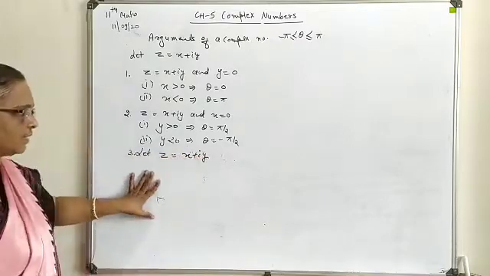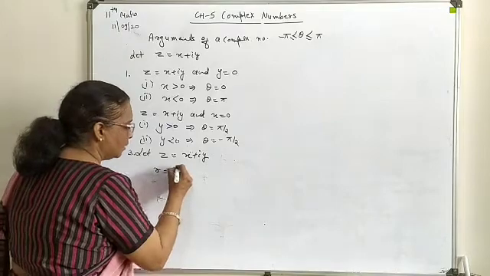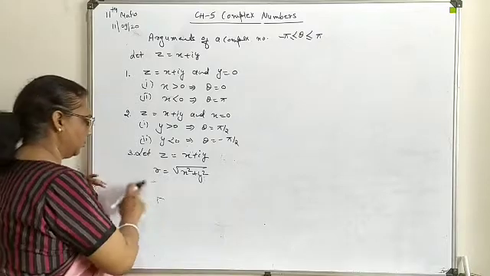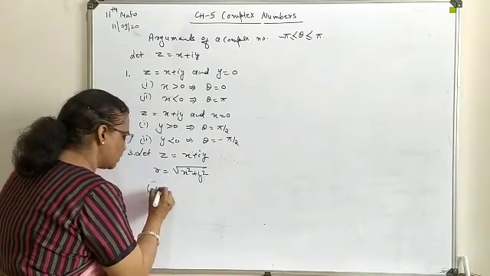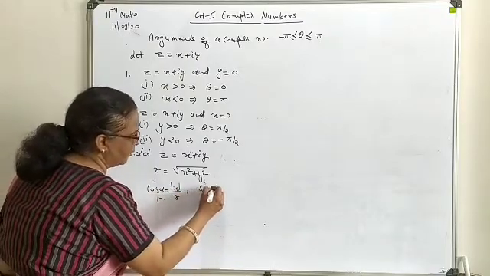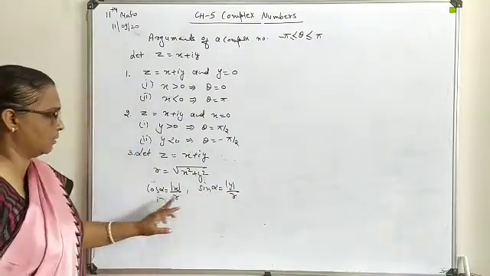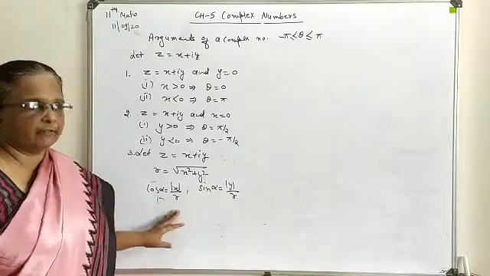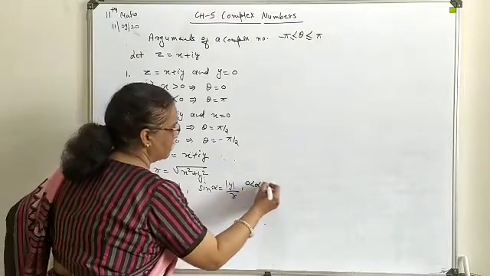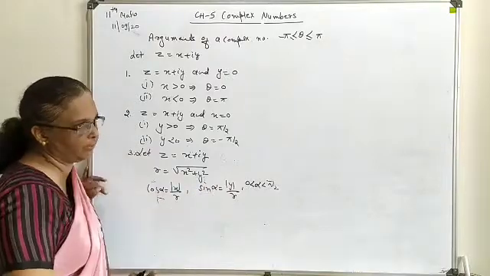Now here in this case, first of all we will find out r by using this formula, square root of x square plus y square. Secondly, we will find out cos of alpha as modulus of x upon r and sine of alpha as modulus of y upon r. With respect to this cos alpha and sine alpha, we will define a common angle alpha, means this alpha will lie in between 0 to pi by 2. So 0 to 90 as a common angle, alpha will be defined over here.